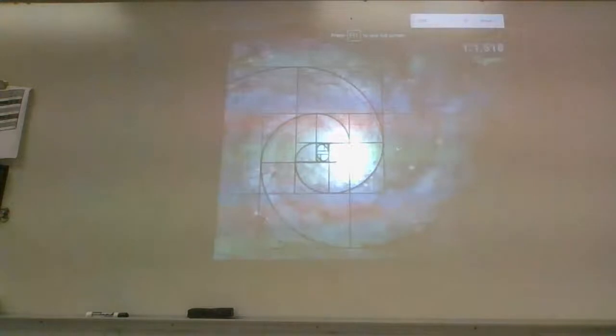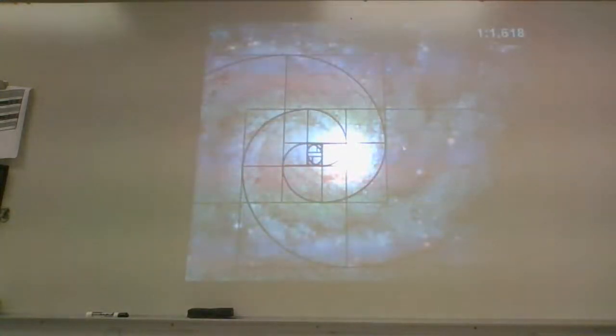There is a spiral galaxy. I don't know what spiral galaxy this is, but that spiral galaxy is expanding exactly like the spiral that we literally just drew earlier that expands at the ratio of phi, that we can draw using square boxes within the measurements of the Fibonacci sequence. I really hope that shows up online a little bit. Yeah, it is a little bit difficult to see. I apologize for that.